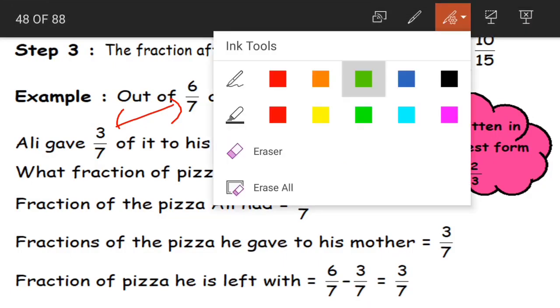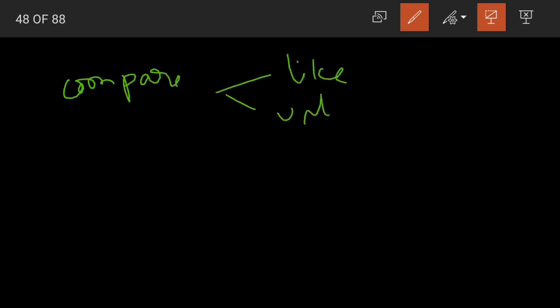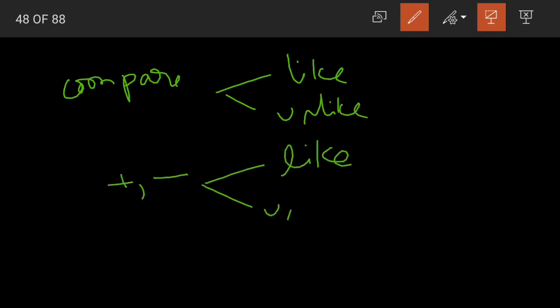Understood, children? The addition and subtraction of like fractions. What did we discuss today? We have learned how to compare the given like fractions and also unlike fractions, and also we have learned how to subtract and add like fractions, but we did not learn how to add and subtract unlike fractions. Yes, that we will learn in the coming